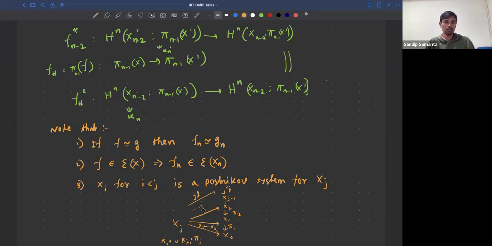So all these things satisfy the required condition for a Postnikov system. Given any Postnikov system for a space X, if I stick to any j, then everything below that is itself a Postnikov system for that space. Okay, so from this we actually see that